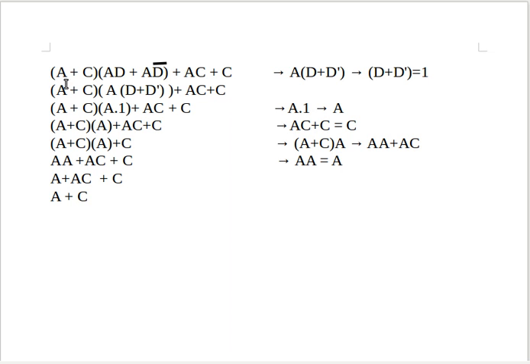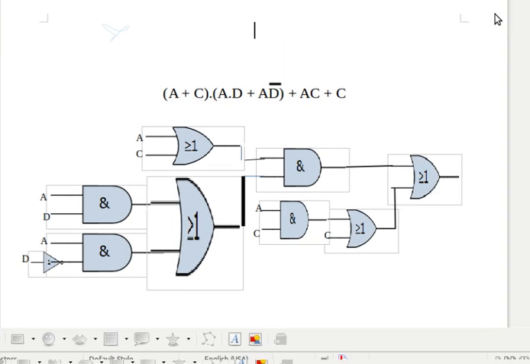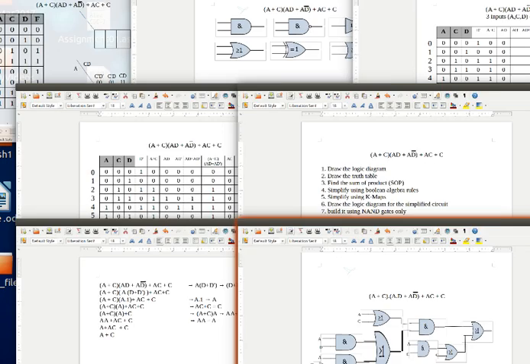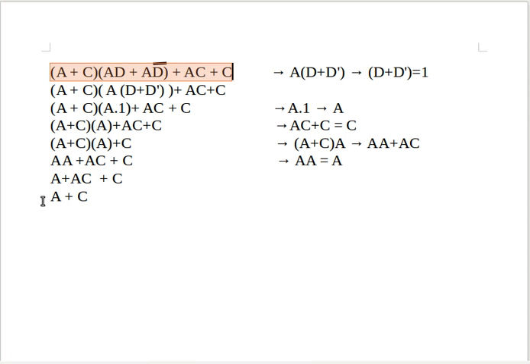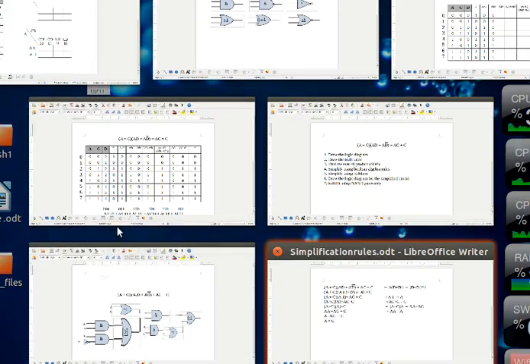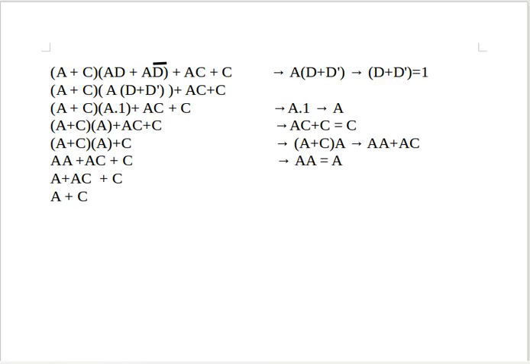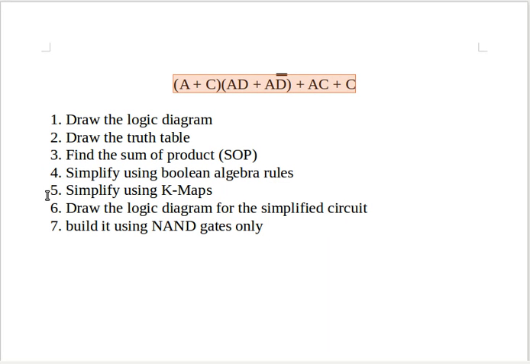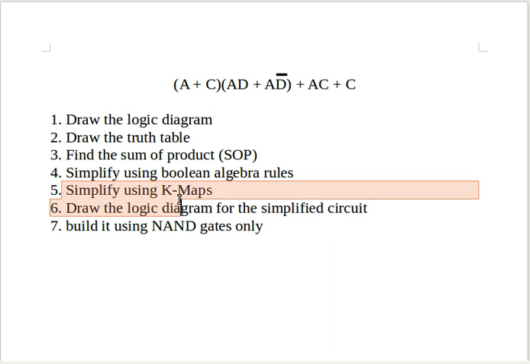So now we have, from that big equation with 3 inputs, using how many gates? We can count the gates here. 1, 2, 3, 4, 5, 6, 7, 8, 9. 9 gates down to using 1 gate, which is an OR gate, A or C. So now what do we need to find out? We need to use Kmaps. Now simplify using Kmaps, and to simplify using Kmaps, if I got the sum of product, it's really easy,